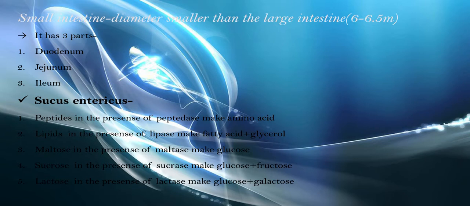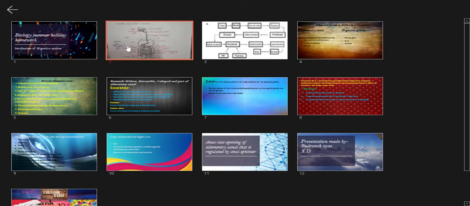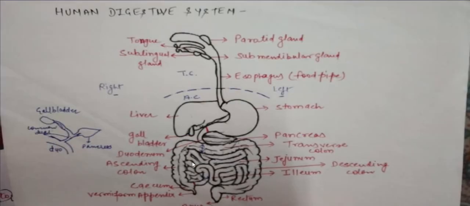Now we will be seeing the pancreas and the small intestine together. Here is the small intestine, and it is coiled to increase the surface area. And you will definitely know what we mean by the villi. Villi are finger-like projections on the surface of the small intestine, which mainly work for the absorption of food.